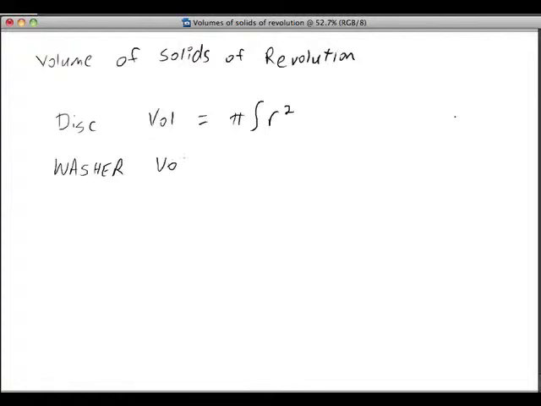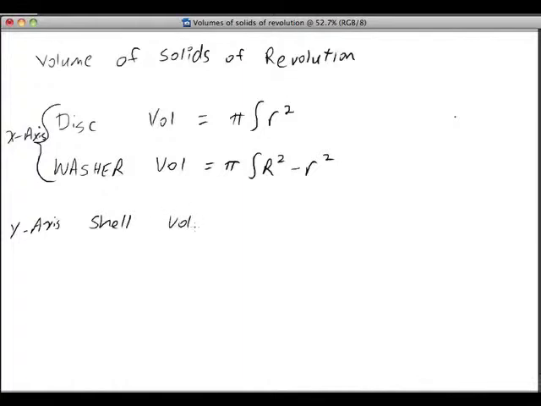For the washer method, volume is equal to pi integral big R squared minus little r squared. These are the two that I would use if it's revolved around the x-axis or anything parallel to the x-axis. If it's revolved around the y-axis or anything parallel to the y-axis, I'll usually use a method called the shell